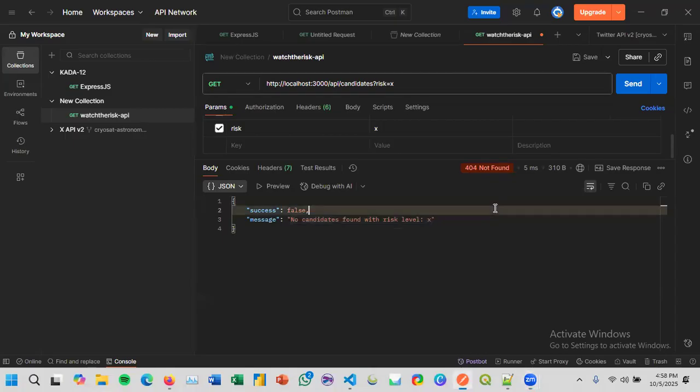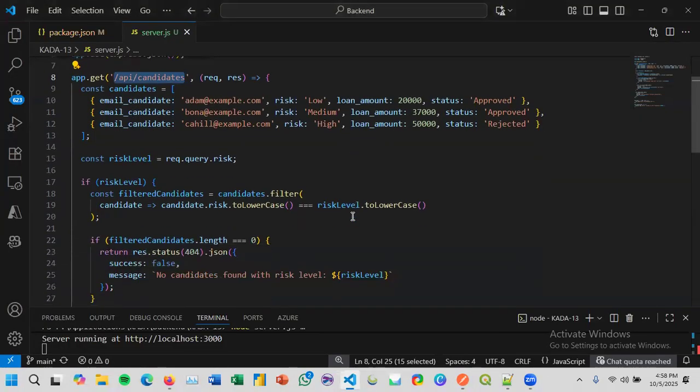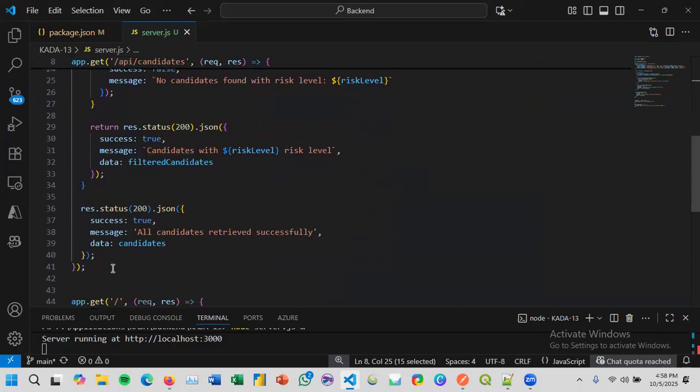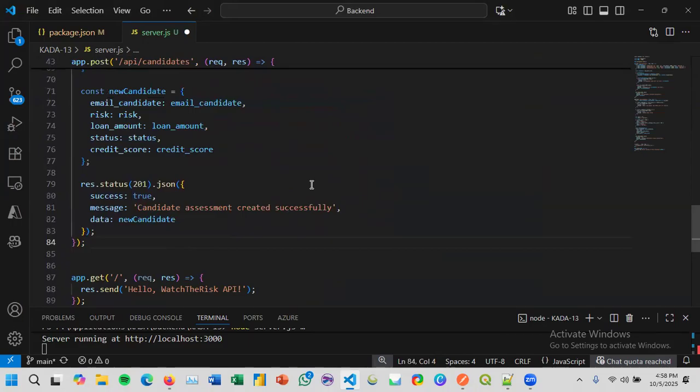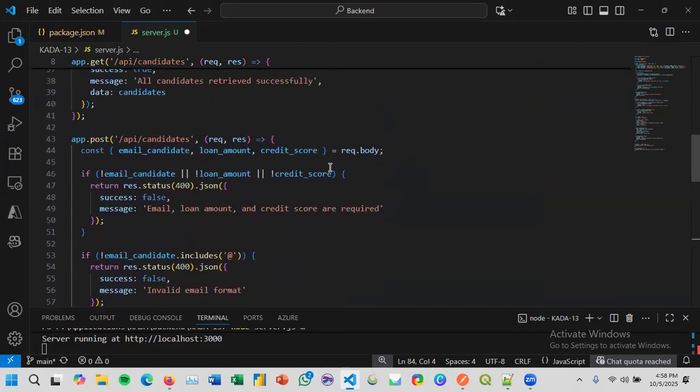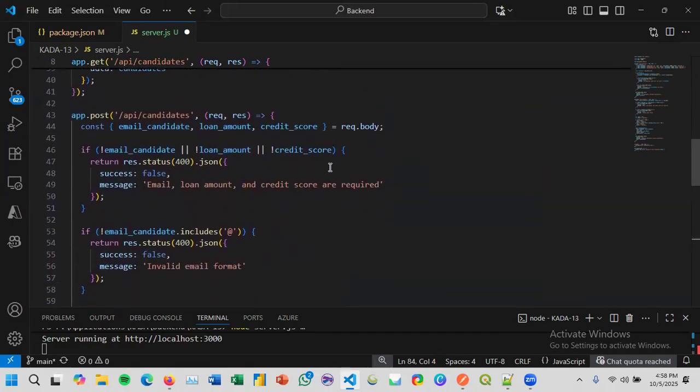Now let's build the post route with three conditionals for validation. Place it below the get route. Using this post method, the post route also uses the slash API slash candidate path.